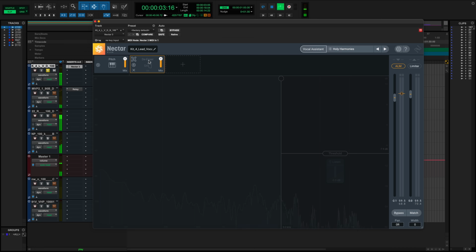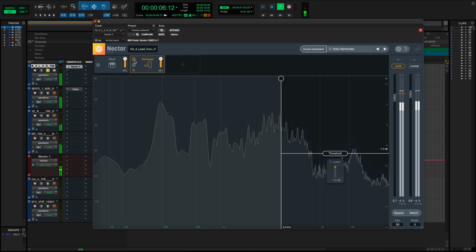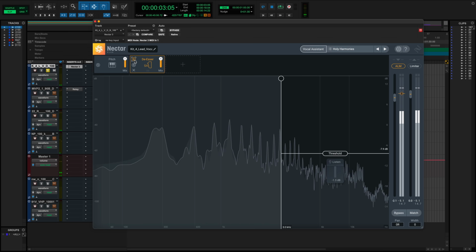So I'm going to go before and after with the de-esser. Listen to sleep at night and how much softer it is with our de-esser settings in place. Here's before. After. Now listen to when she says tell me lies, before and after too. Here's before. So now we're going to listen for sleep and tell me lies. Much softer after the de-esser is introduced.